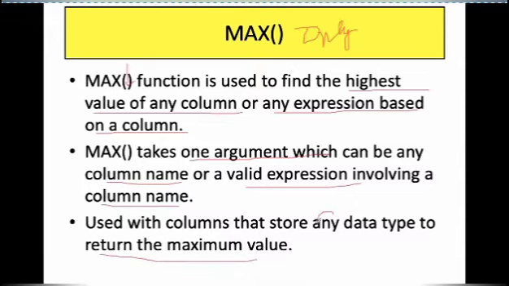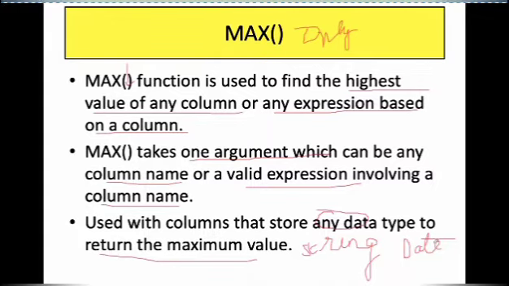Now what do you mean by any data type? It can operate on string values also, or date values. Not only numeric values; numeric is simple: maximum salary, maximum age, maximum cost, whatever. Numeric values are very clear.